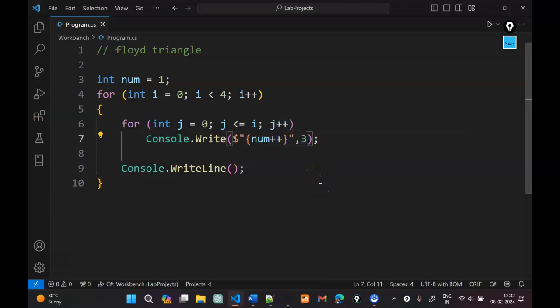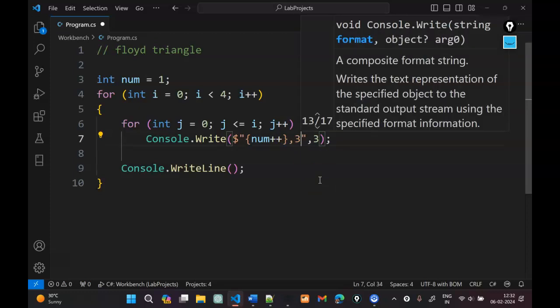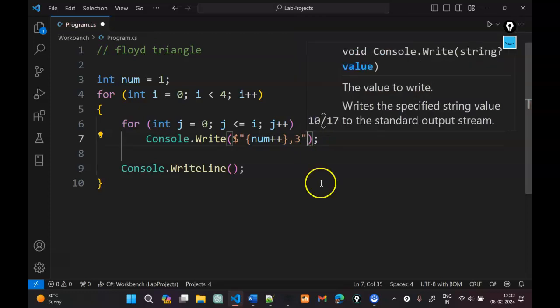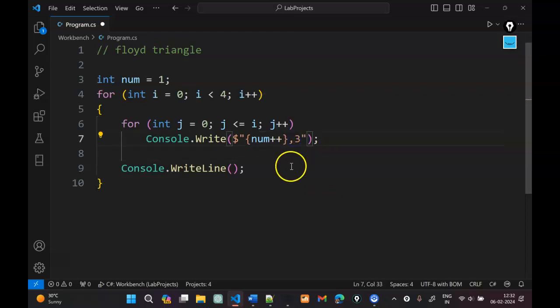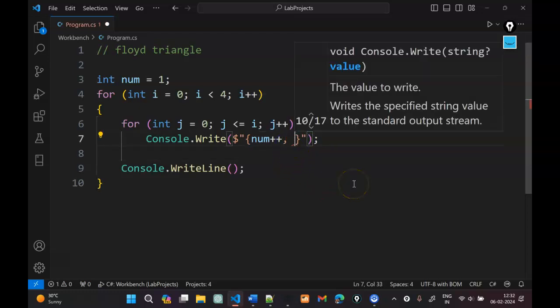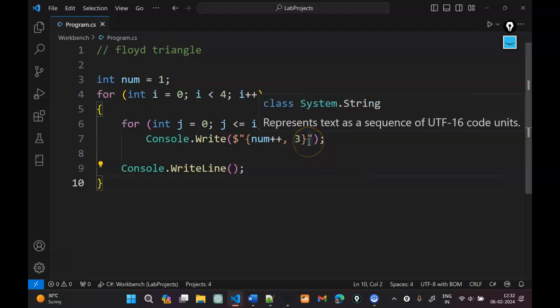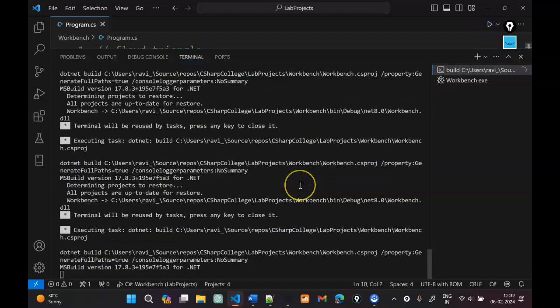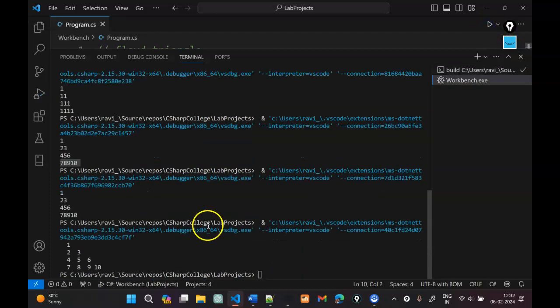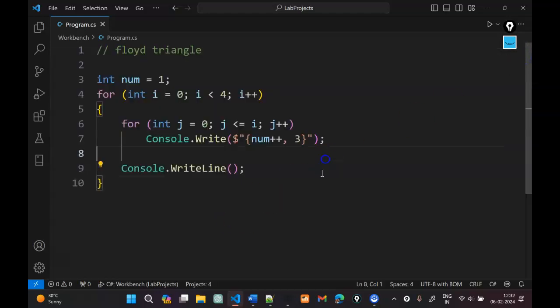Meaning, let me put a 3 here and see if that goes. If I just ended up putting the 3 outside this, it would print 3 literally. So let me put 3 here. Hoping this will go through this time. Yeah, so we see that the spacing is better. In fact, 2 digits plus 1 extra space. So we will be good until the number 99, and then we might have to go one more spacing extra. So we could print a Floyd triangle